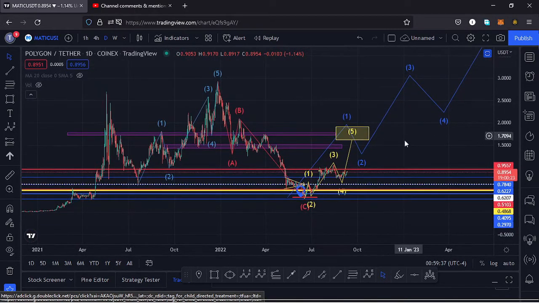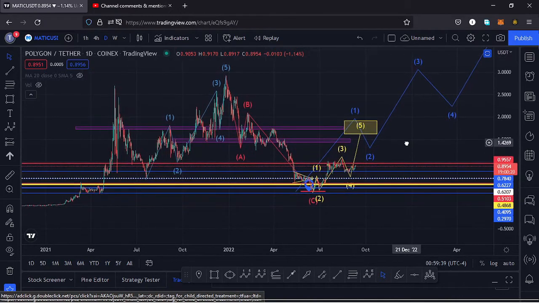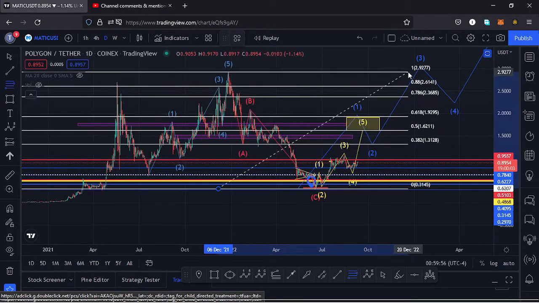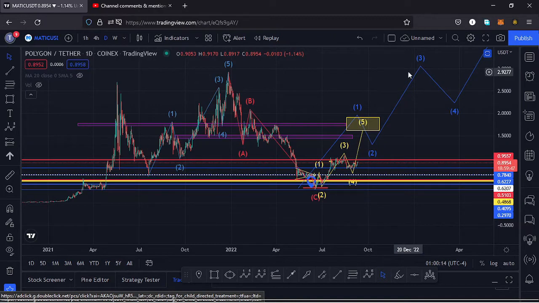But before we get to an all-time high, we first need to see a first wave to the upside, and I have a target area for that first wave to the upside between the $1.95 mark and the $1.62 mark. That is within this yellow target area, and I'm basing it on the Fibonacci's, connecting the low we have down here to the all-time high, and that gives me a minimum target area between the Fib level 0.618 and the Fib level 0.5. And within a wave 1 in an Elliott wave structure, we also need to see fractal